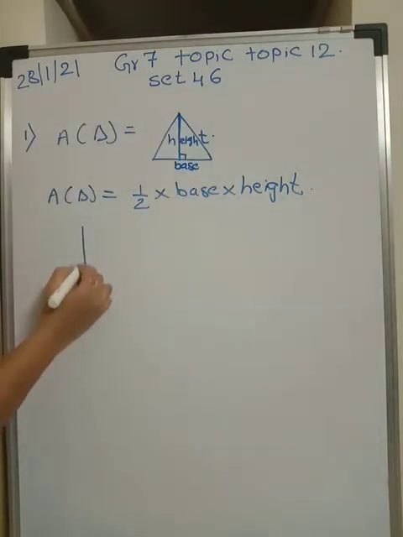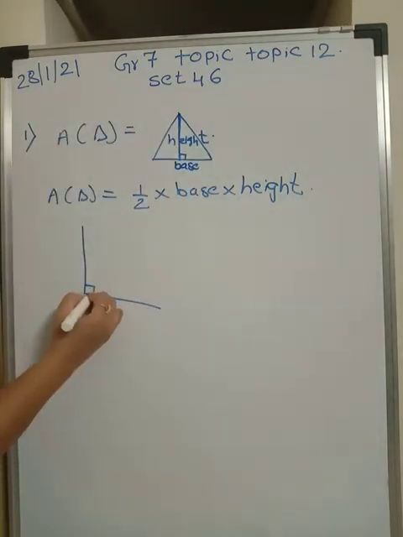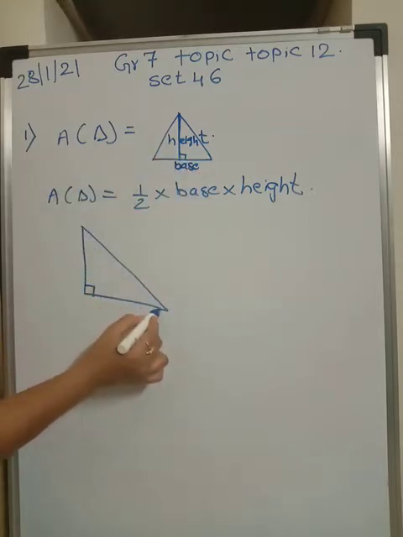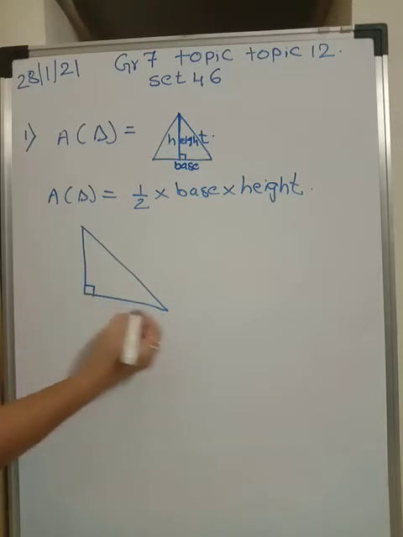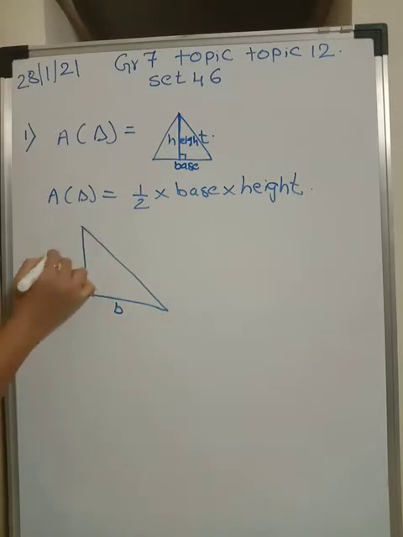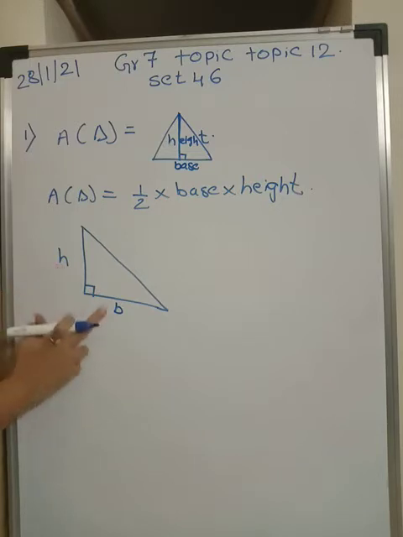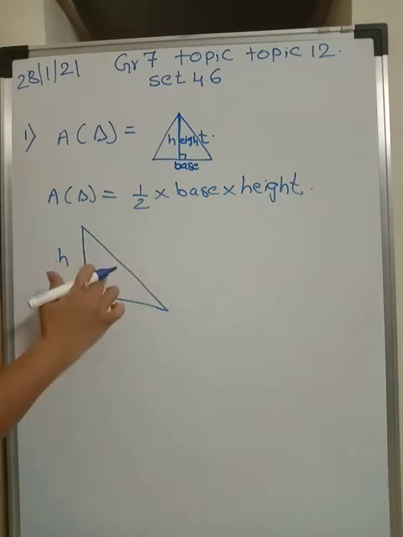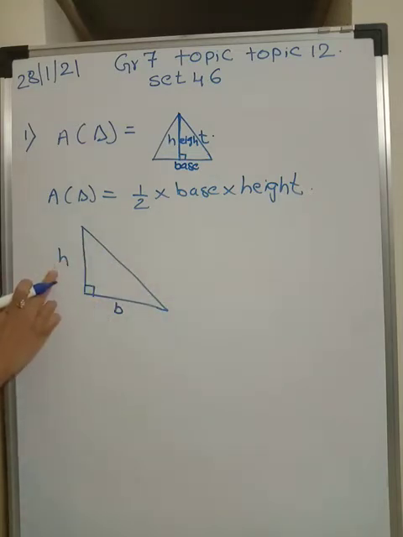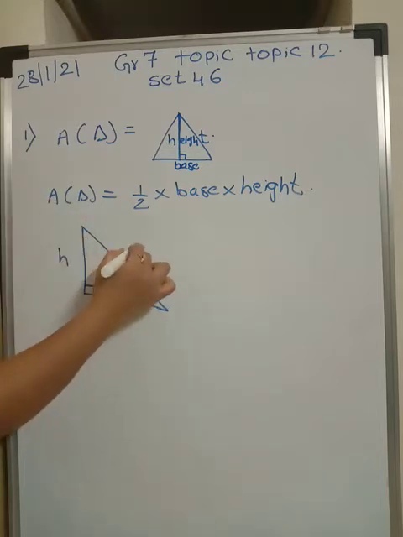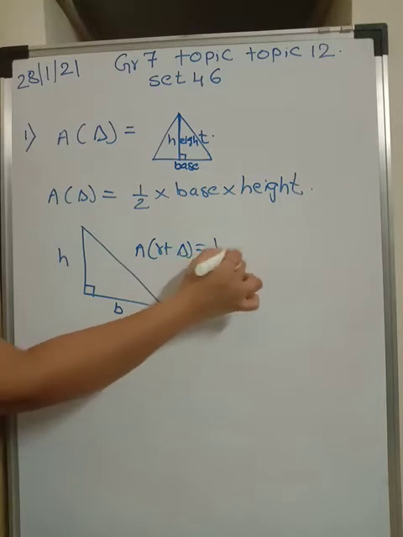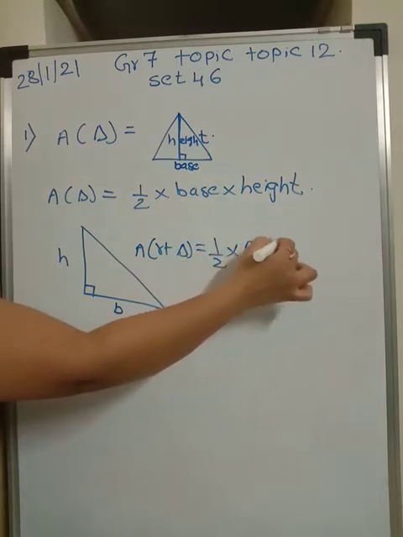Now especially when it comes to a right angle triangle, this is already 90 degrees. This is also 90 degrees. So if I draw a right angle triangle like this, and if I say this is my base, then this would naturally be my height. Height and base together are forming 90 degrees, that is the right angle. I can say the area of this triangle is half into base into height. But to be more specific, in a right angle triangle we can write the area of a right angle triangle is half into the product of